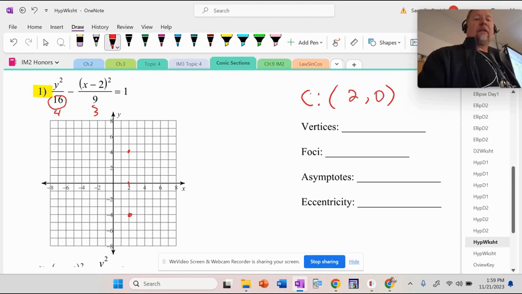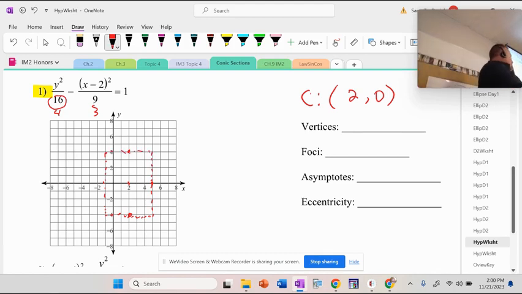Instead of drawing an ellipse, though, we draw what? Three, two, one, go. What do we draw? A box, so that we can draw the asymptotes. And it does help me to draw it. Well, I've done this for a long time, so I do have tricks. But I still would just draw it real quick to just get all this other information.